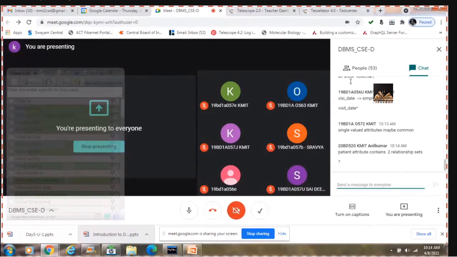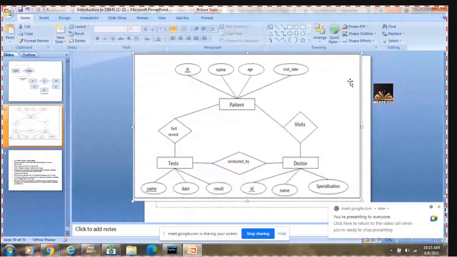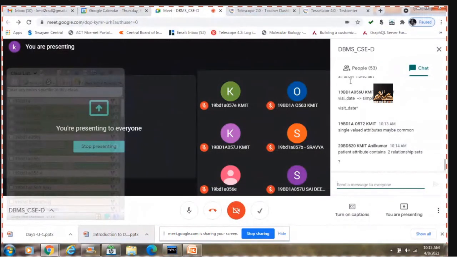Single valued attributes may be common. What do you mean by that? For different entities, I can have the same names, but the values need not be common.